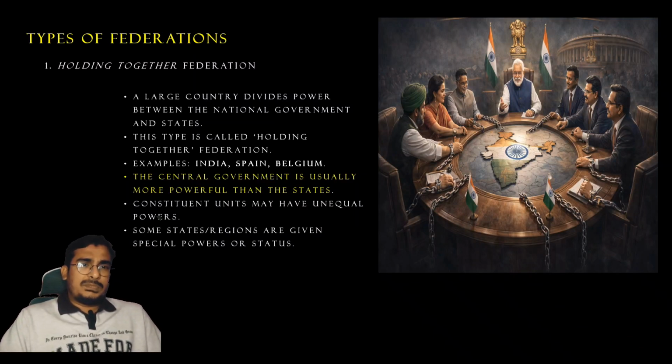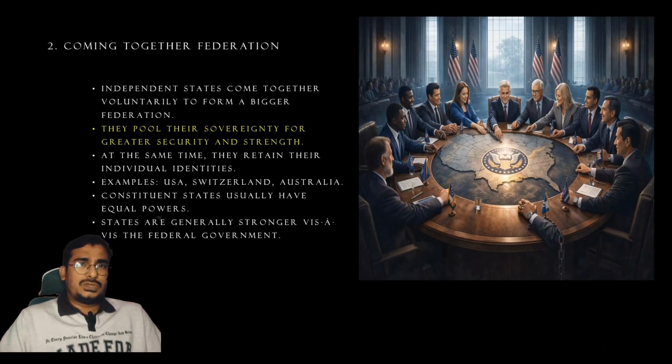The other type of federation is coming together federation. Coming together federation is that type where the states have come together to form a federation, like that in USA. In USA, it's not the country that forms the states; it's the states that have come together to form the country called USA. So here in coming together federation, generally all these states would have equal amount of powers being given. Like that, we can understand that every state in USA has two members sent to the Congress, which shows the equal distribution of power between all the states,